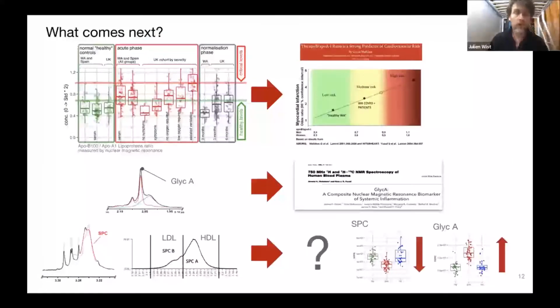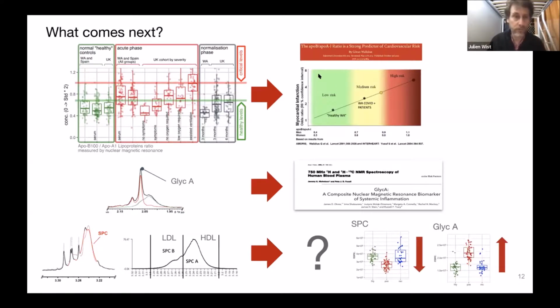Sorry. So what comes next? I've just focused on NMR, but obviously we've compiled a huge amount of data, not only by NMR and for different cohorts, and we are interested in making a few crucial links. Just to mention another very important parameter, which is the ratio ApoB over ApoA1, so apolipoprotein B100 over apolipoprotein A1, that is linked